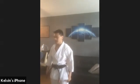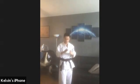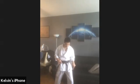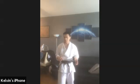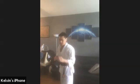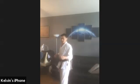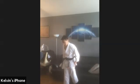So if any of you notice this motion seems kind of obvious, we're just working on that use of your body weight. If you've seen Yuki in kumite, he uses this compression to launch his Kizami-zuki a lot. But of course, when you do it for real, you hide it, so you're not actually going to be doing this. That's just for this drill. You're going to feel that forward tilt. Anyways, so